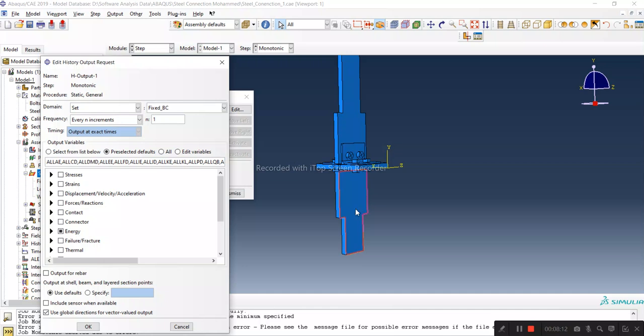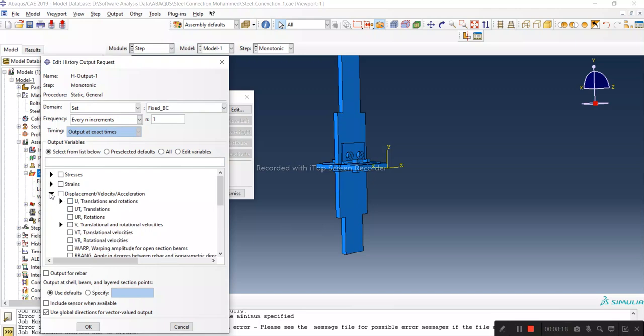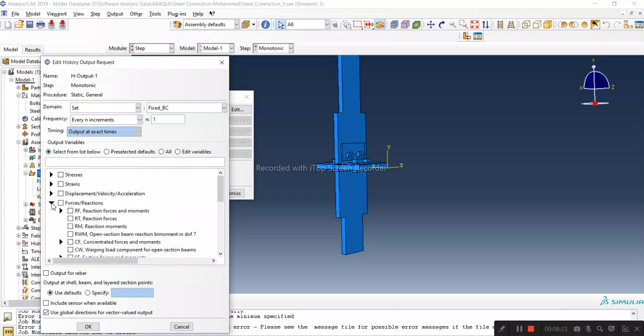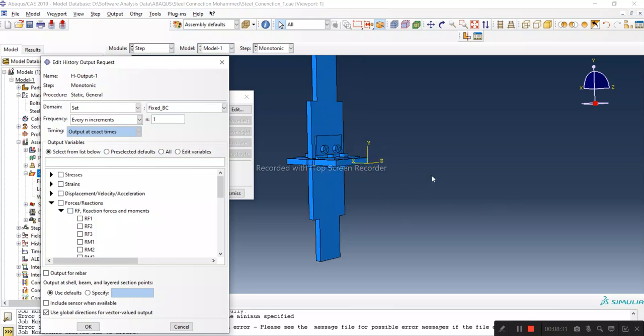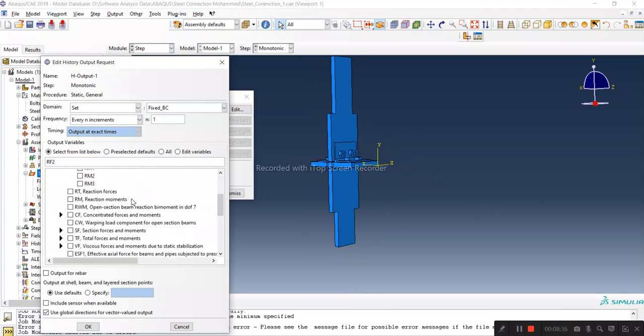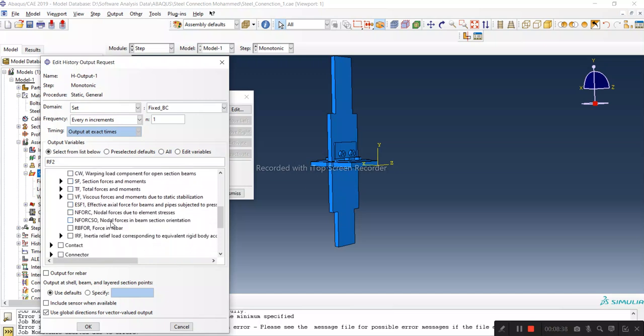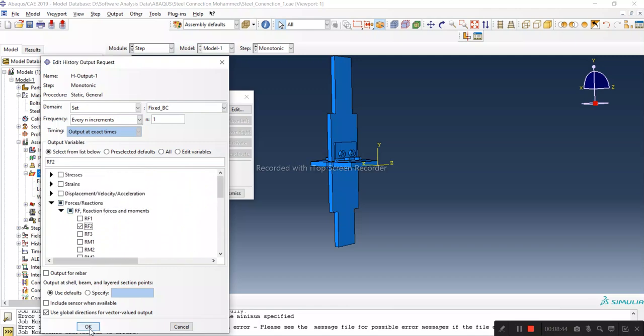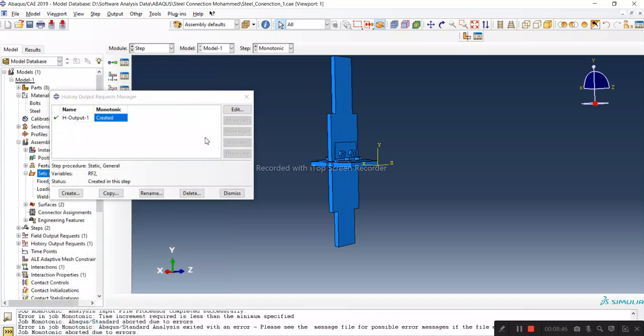fixed. This is my fixed boundary condition, and I really don't need that. So for the boundary condition, I'd like to have my stresses and also the forces, but I'm more interested in forces. So it will be reaction force, but in y direction, and that's it. Create another history output